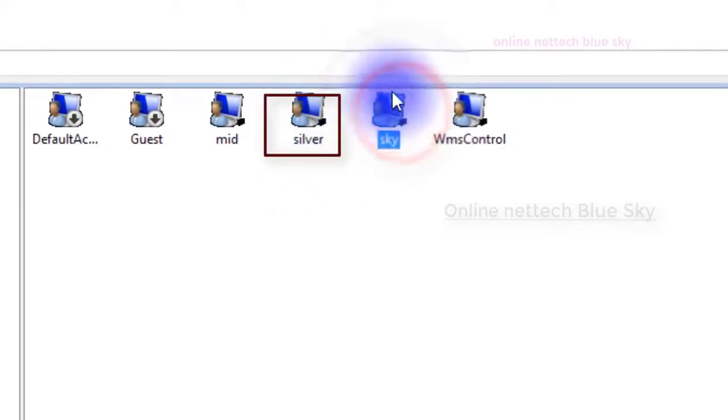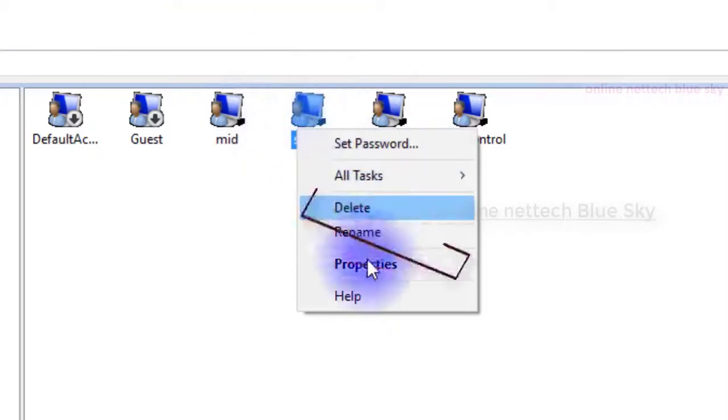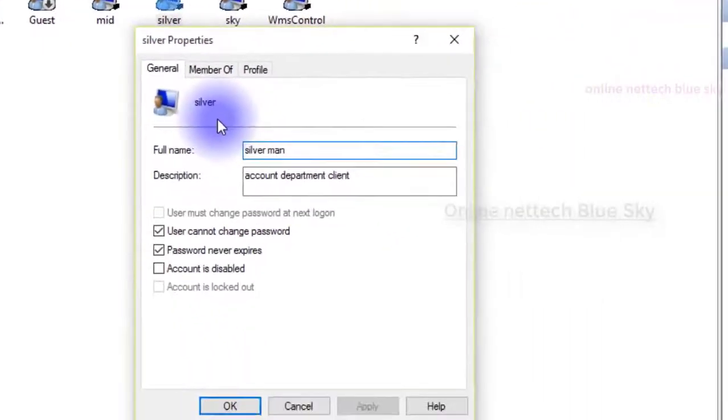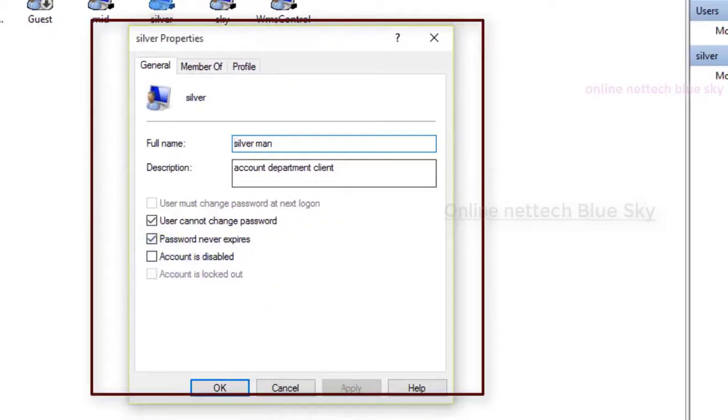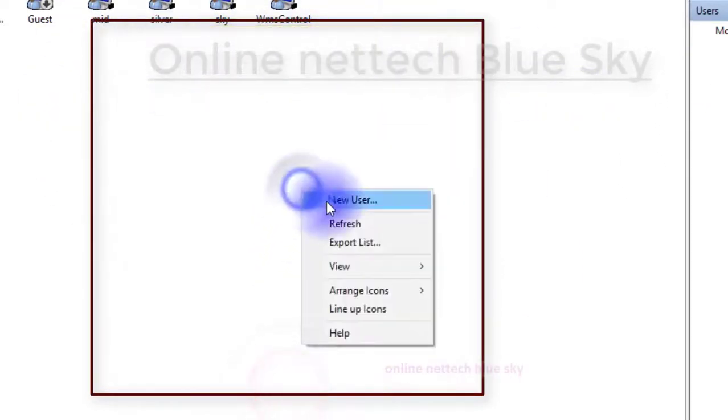This is a silver user and sky. What is the difference between sky and silver? Some I already talked about sky. Sky is the main user of the computer because this is the system boss user, and this is not a local user because it can change all permission settings. This type of user cannot change settings, because to change them you need an administrator password. So these users do not have full permission because this is a local user.